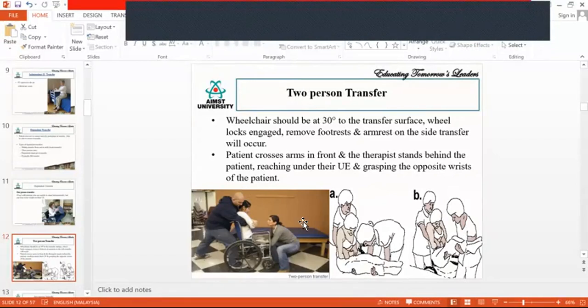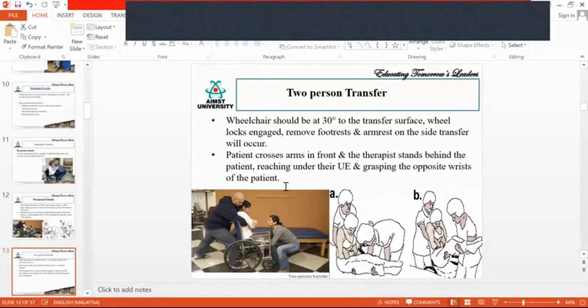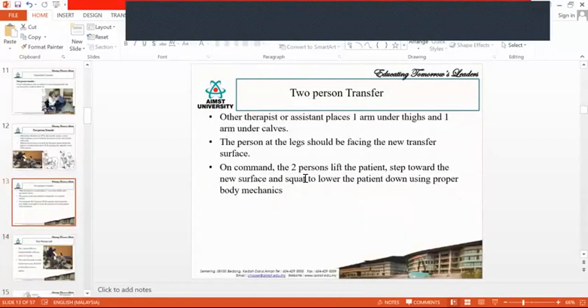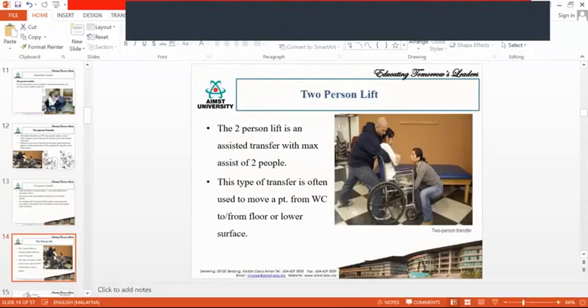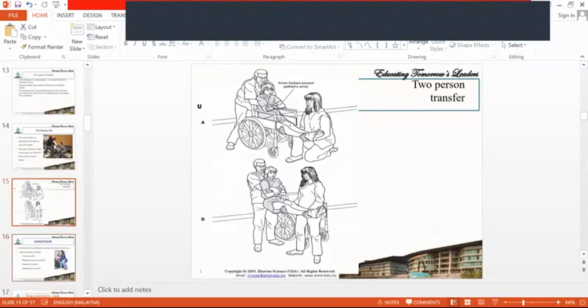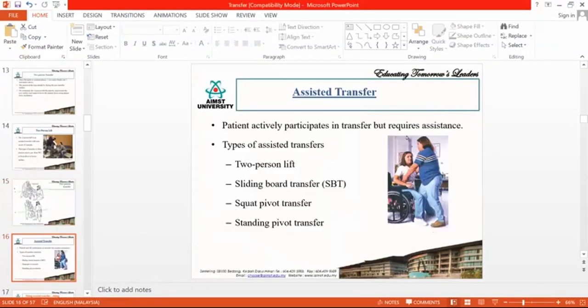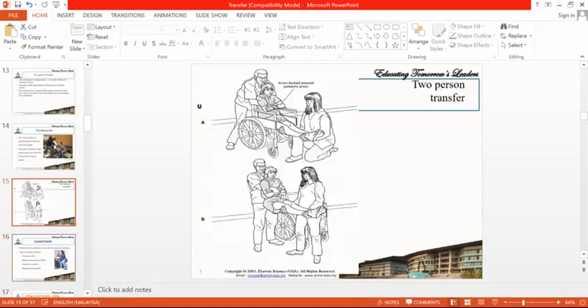Is that clear? So this is about the two-person transfer. Okay. So this is another position to show you. Okay, so this is another picture for you. Is that clear? So this is the two-person transfer. I'll show you the three-person transfer and the four-person transfer a little later. Next is